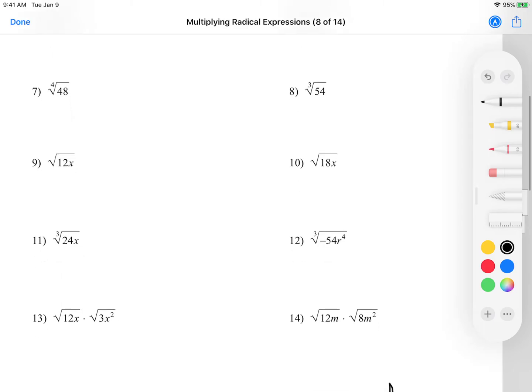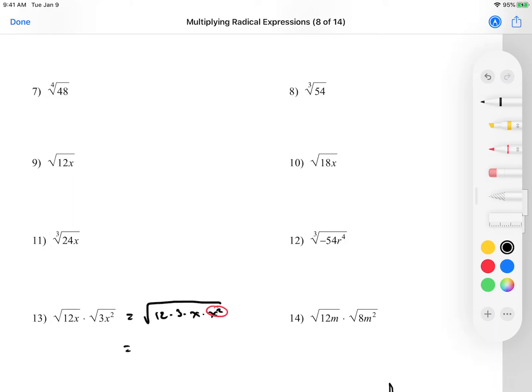If I go the square root of 12x times the square root of 3x squared, and I multiply those together, applying my properties, this is the same thing as the square root of 12 times 3 times x squared. Well, I already have 2 x's in here, so I don't need to combine those. But remember, when I'm taking the square root of x squared,